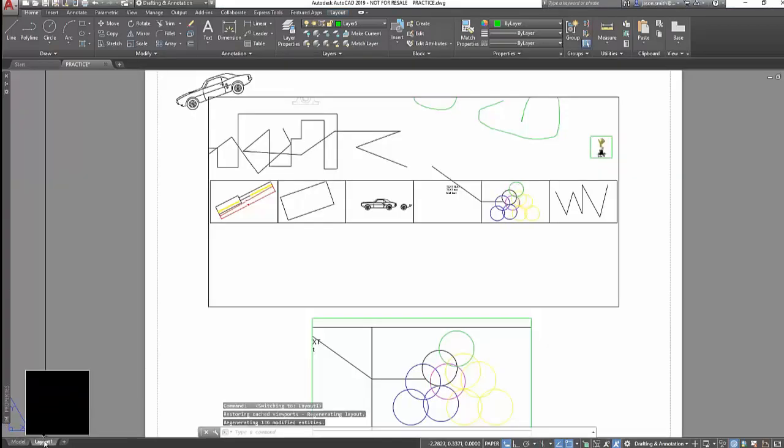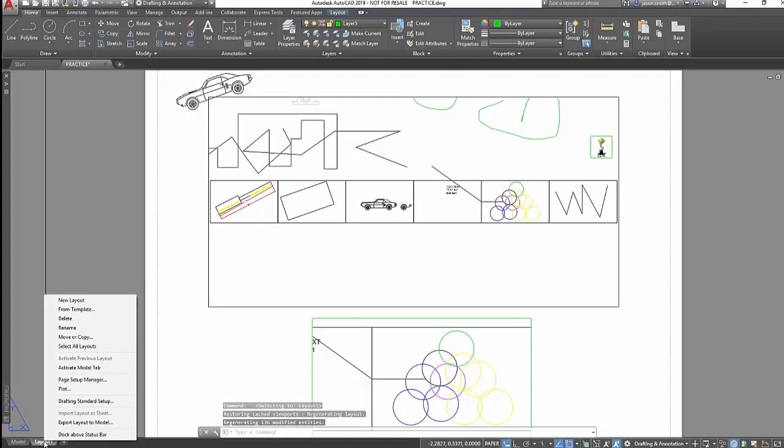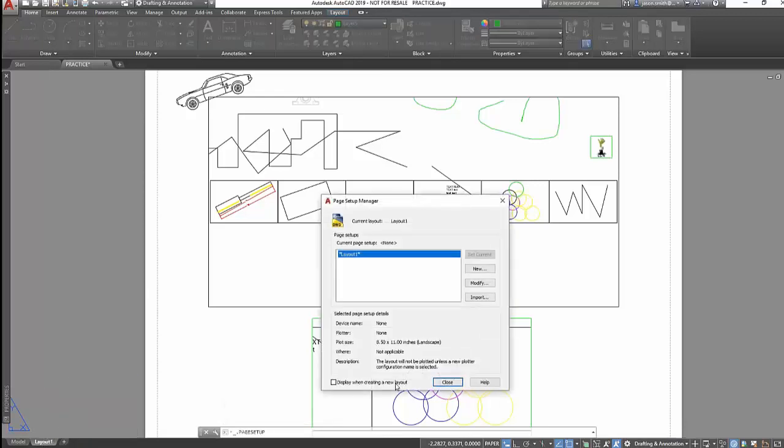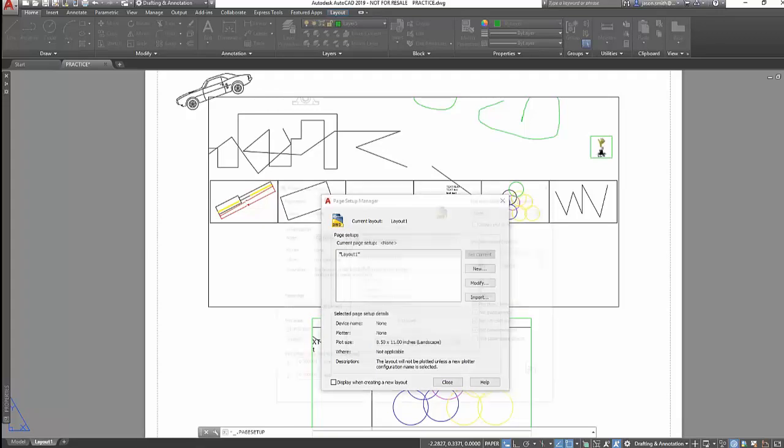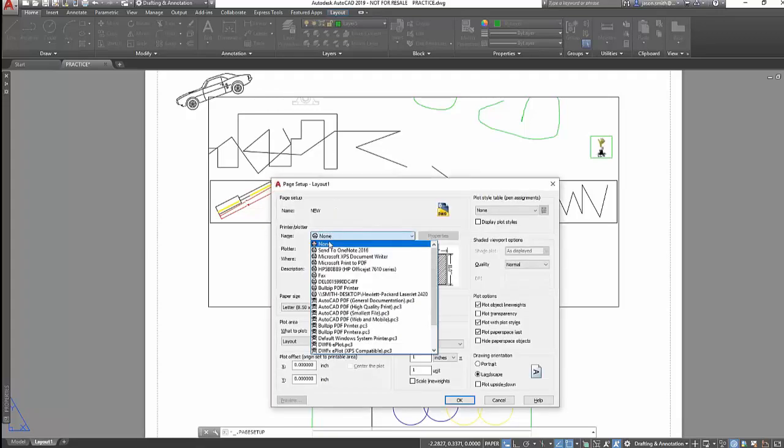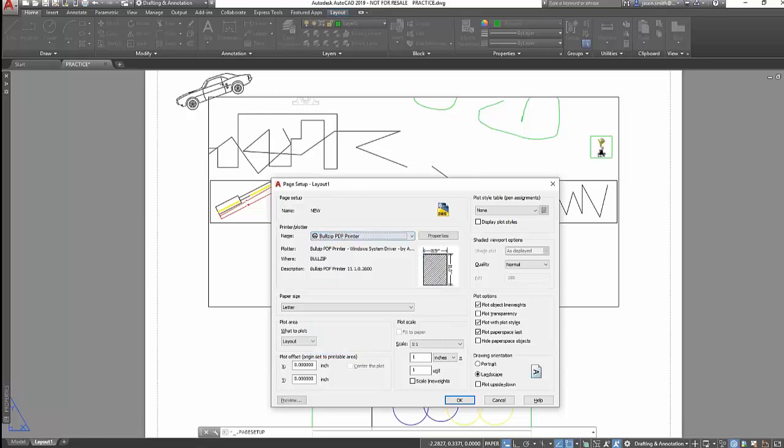From a layout, select the tab and right-click, go to Page Setup Manager. You can create as many page setups as you want, modifying existing ones, importing from other documents, or creating new ones. Click New, give it a name. I'll just call this New for right now. Choose the plotter that you're going to use. It has to be a plotter installed on your computer or network or a PDF writer, which is what I typically use. Choose what to plot,